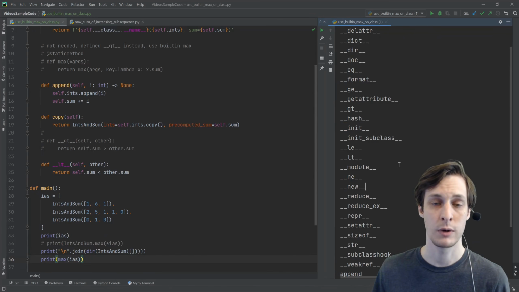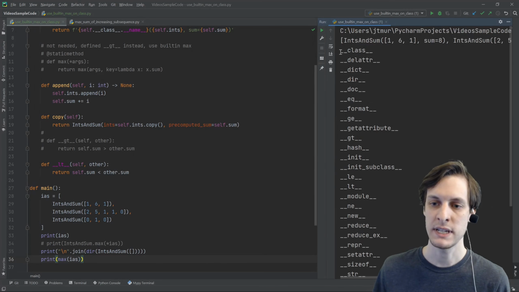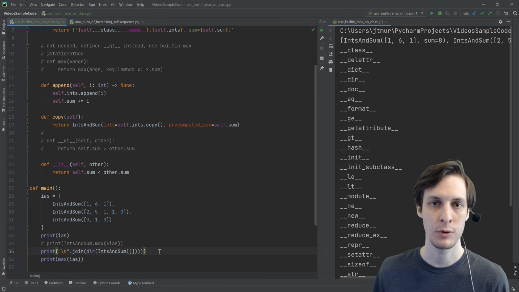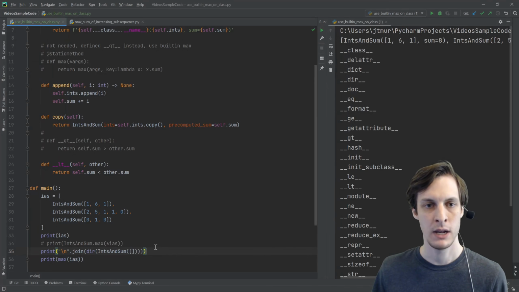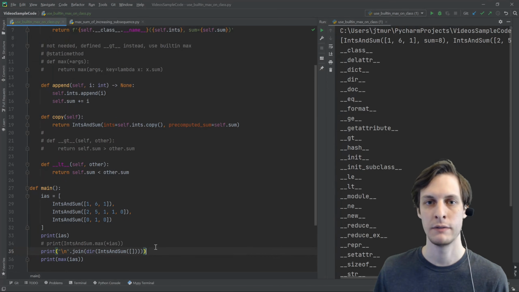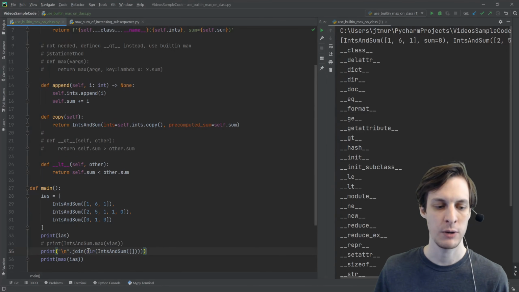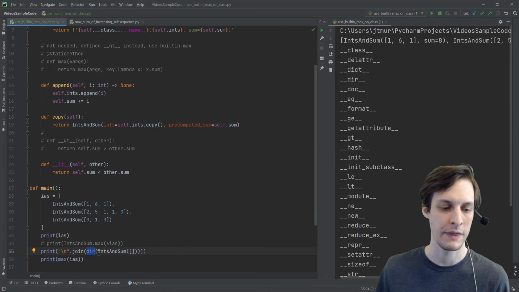If you wanted to make it work with sum, then you might define a dunder add method. So you can see that dunder add isn't in this list here. Of course, you can look up online what all of the possible dunder methods are, but if you want to gain some kind of functionality that's similar to something built in, I would recommend just seeing what happens when you run dir on that thing instead.